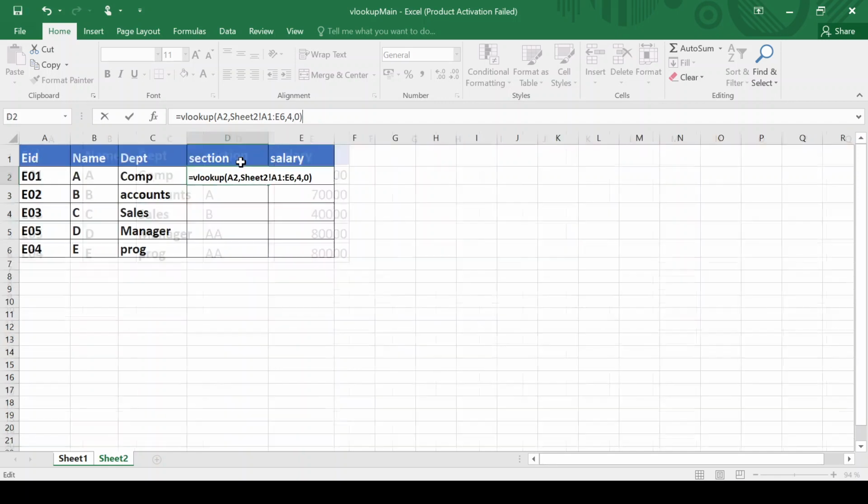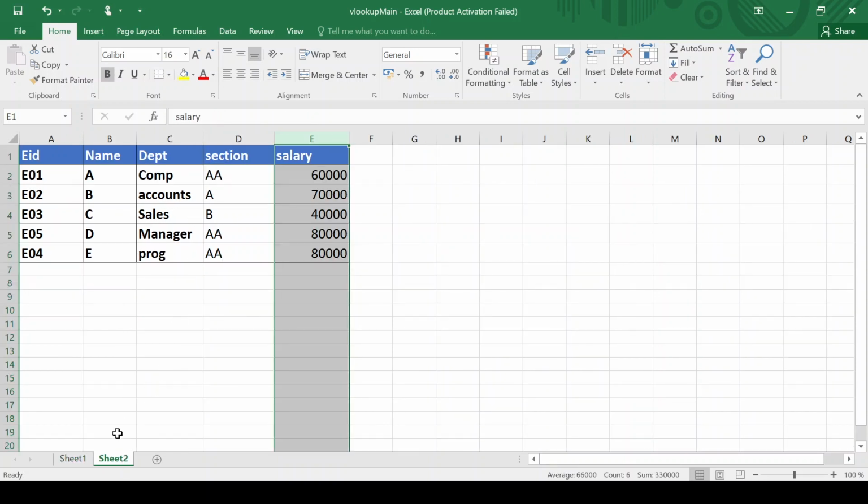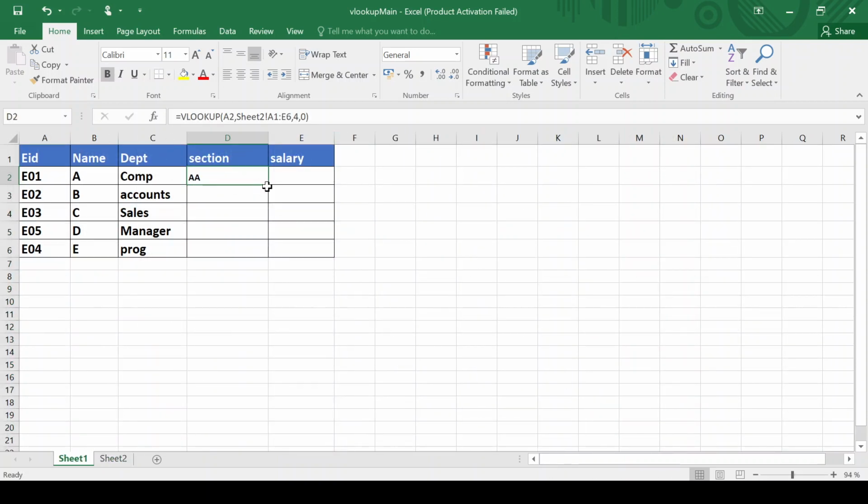Close the bracket, enter. So employee ID E01 has section AA. We can check it. Yes, it is AA. Now we will drag and drop for all the sections. We will do the same thing for salary, equals to VLOOKUP